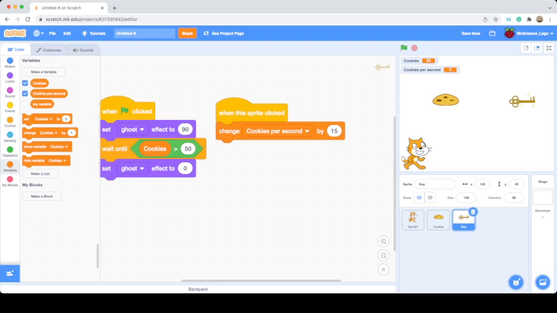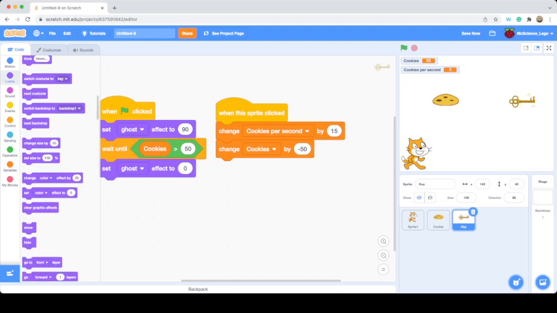But we need to sort of buy it. And so what we need to do is we're going to change. So right now it's at 90, or it's at 0% ghost because we sort of activated it. But again, part of that buying it is, well, we're then going to reduce the amount of cookies. And so we have to see, well, how much is it going to cost us to do that? So let's say it's going to cost us 50 cookies. I don't know. I'm just making up a number right now. And then once we